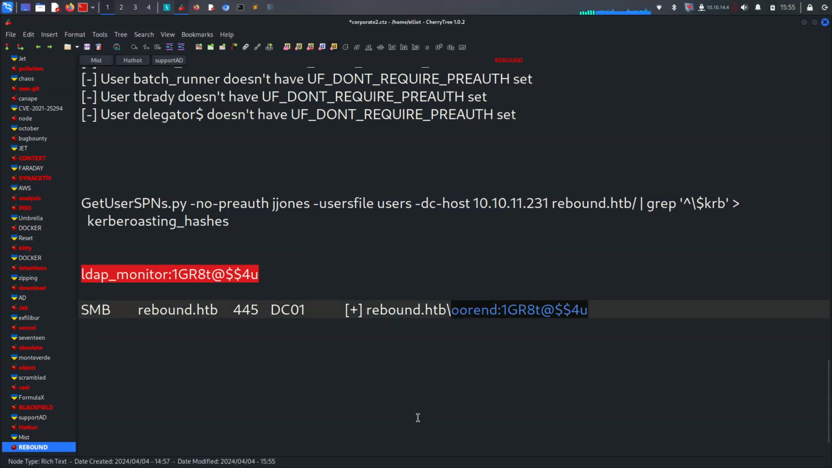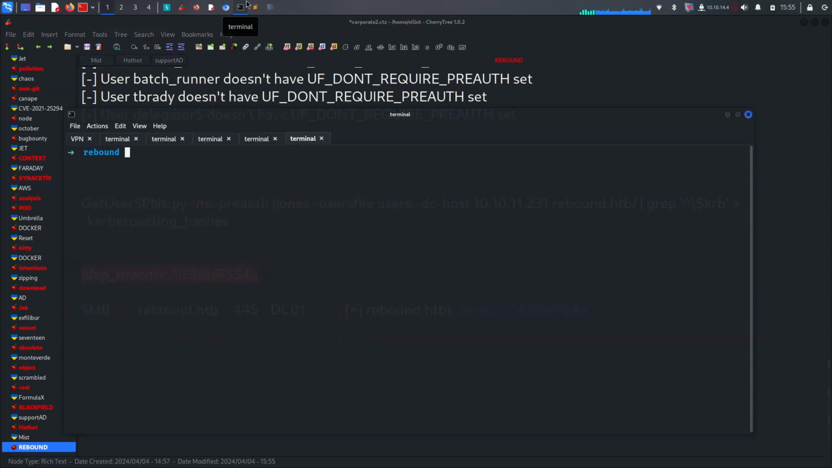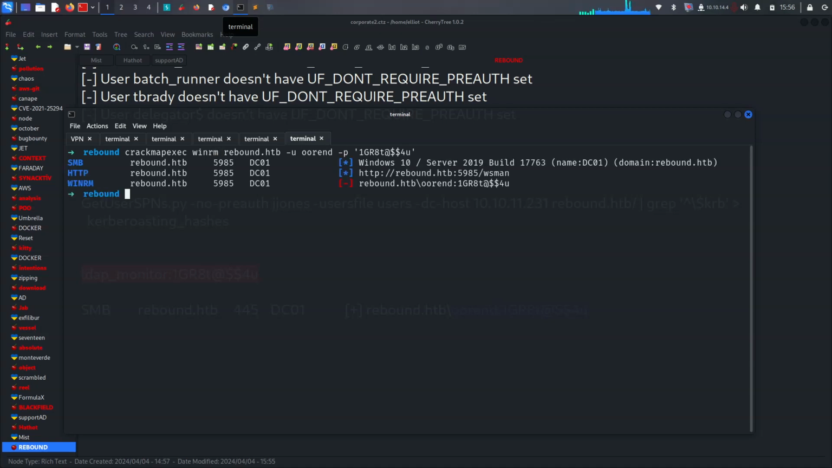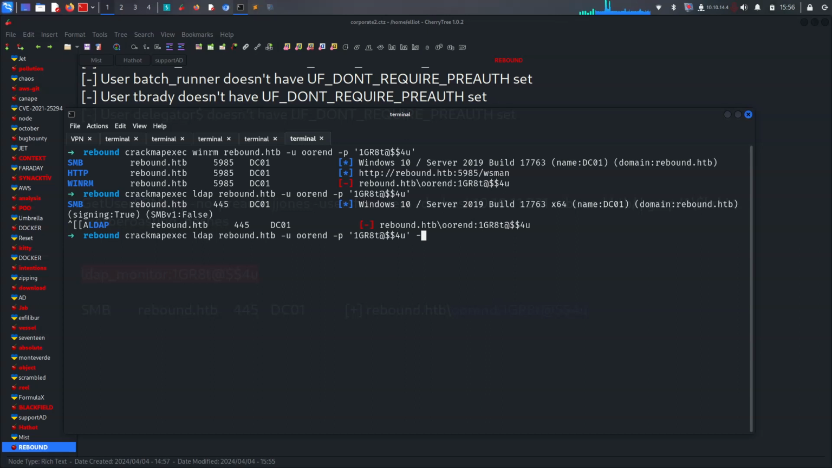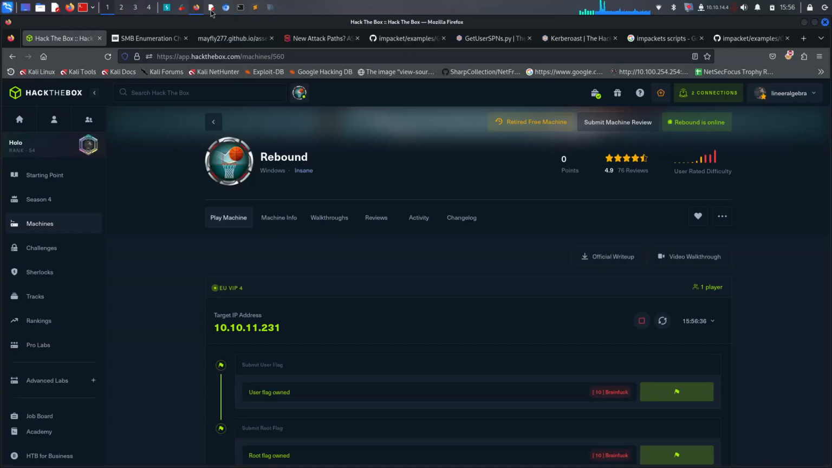Great. So as of right now, we have to check what we checked before with CrackMapExec, and let me show you. We checked it on the LDAP monitor, and now we got a new user, which is Oorend. Yeah, we know it's working on SMB, and let's try WinRM. No, it's not working. So let's check LDAP, maybe it's useful for LDAP. No, it's not. So we can try with the dash k option, because if you remember, for dash k,